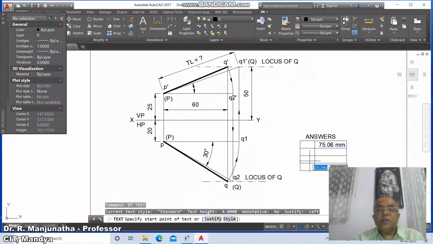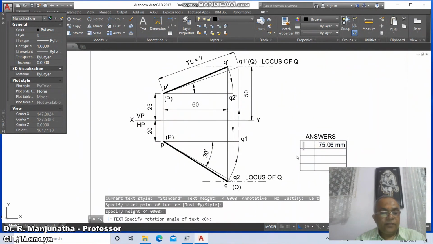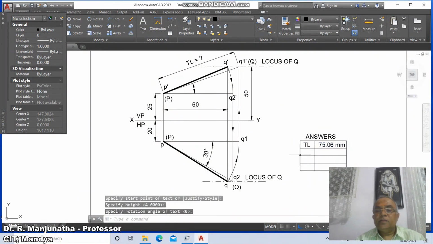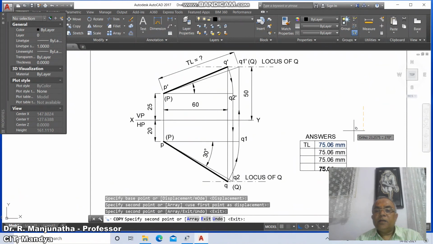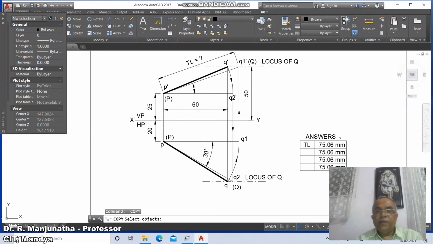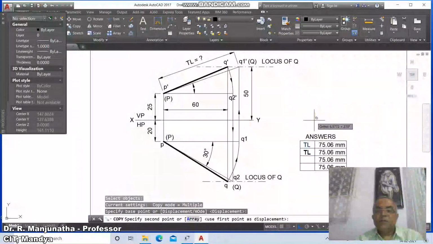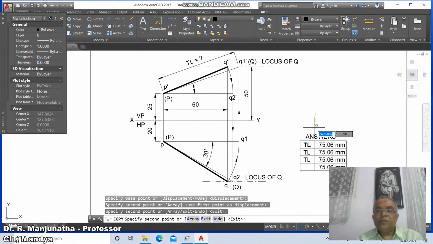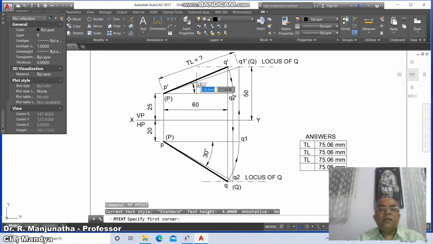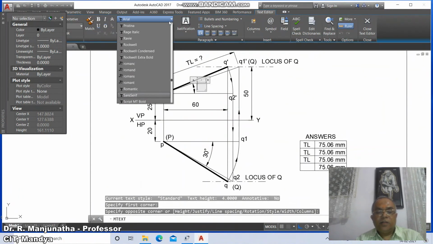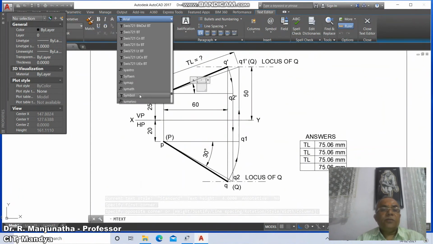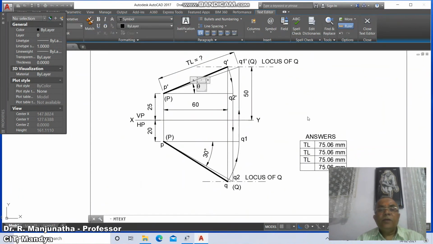Then go to D text. Here you type true length, then copy, select this, copy this here, here, and here. Then go to copy, select this, copy this, and copy this, and go to empty, select this line, and here put up the caps lock, type symbol, and come down to this and type small q, will get theta.